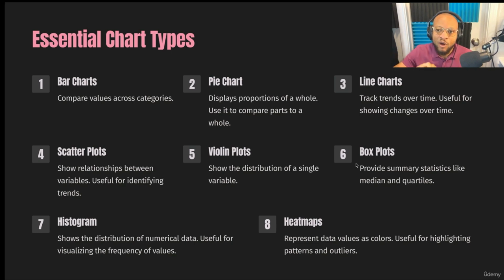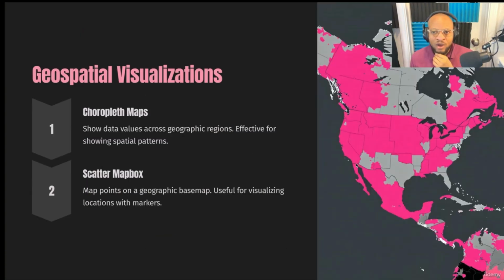show the intensity of a particular variable with colors. So whether it's correlation between different features or whatever it is, heat maps are also very important. Also importantly,